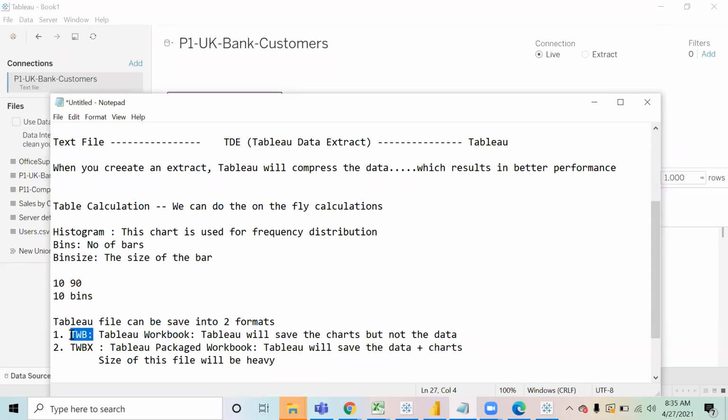If I just want to save the file locally, I don't have to share it with anyone. I'm doing my own charts and calculation. No, see,